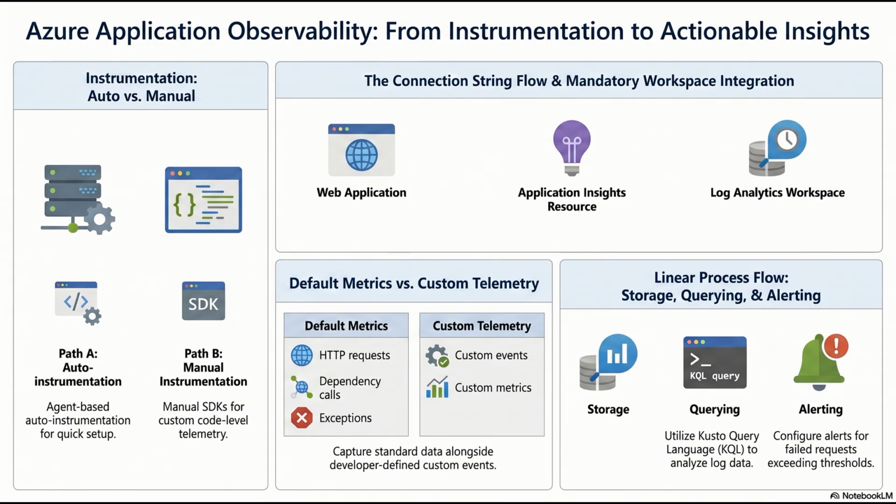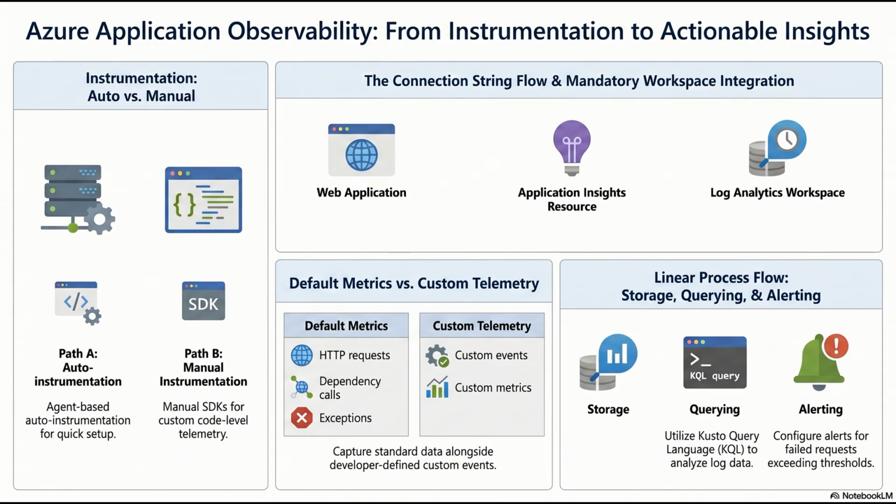Can the action group actually fix the problem itself? Let's say a background worker process crashes. I don't want to wake up at 2:00 a.m. to restart a service. It absolutely can. Action groups can trigger Azure Logic Apps, Azure Functions, or Azure Automation Runbooks. This allows you to write custom code or graphical workflows that execute in response to the alert. Give me an example. If a virtual machine's memory utilization hits 95%, the action group can trigger an Azure Function script that automatically reaches into the virtual machine, restarts the memory-leaking service, and logs the remediation action. It turns your observability stack into a self-healing system.